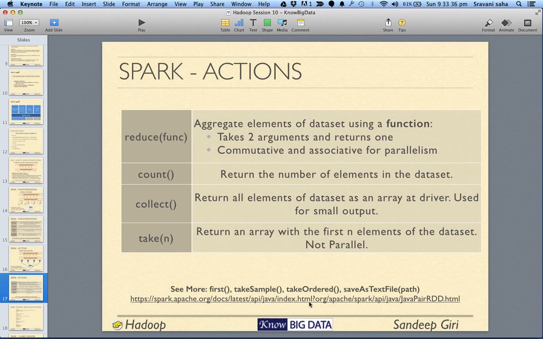There are more examples of actions, such as saveAsTextFile, the opposite of loading the text file, and takeOrdered, meaning bring the elements in the order they are stored on the node, and takeSample, which gives a sample of the total records. And first will return the first element of the RDD. All right, sounds good to you?